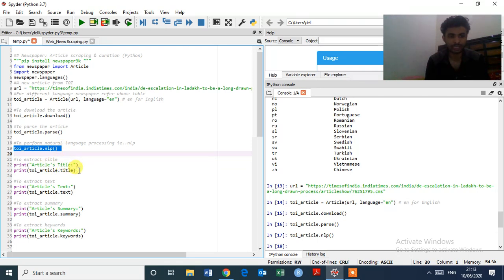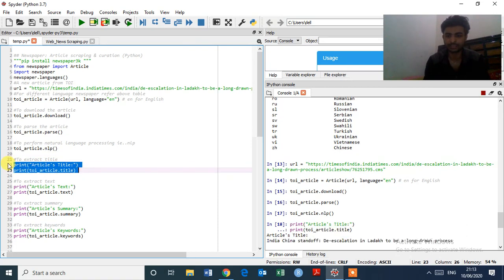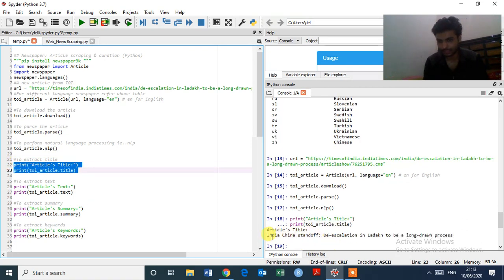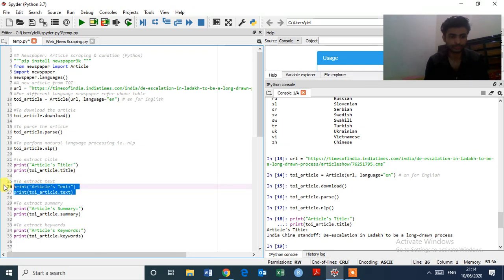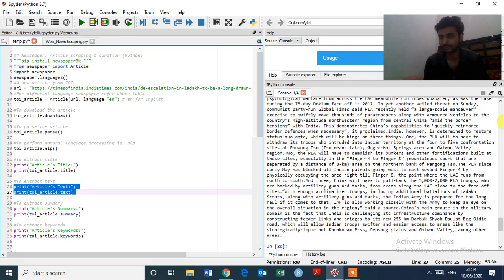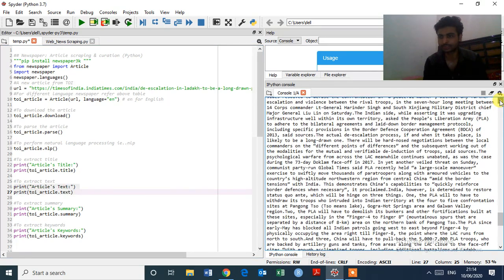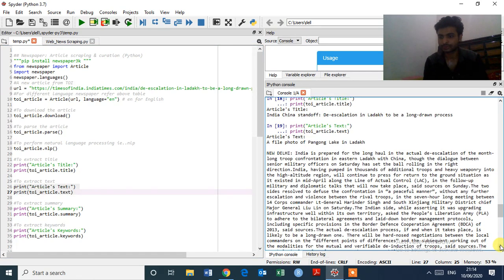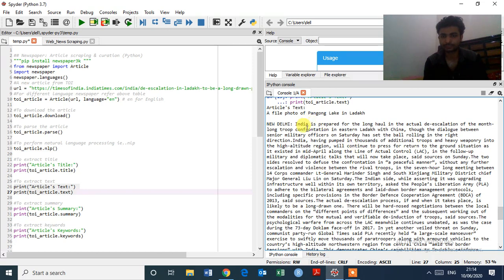Now we want to extract the title. I have given article's title, print TOI_article.title and enter. So you can see the article's title, India China standoff. And if you want to extract the text, just type TOI_article.text and enter. So that's great, this is the article we have extracted.